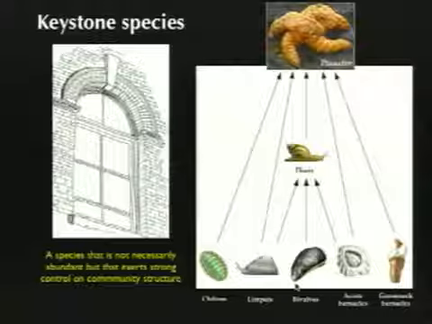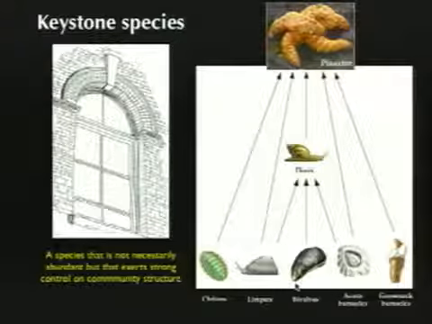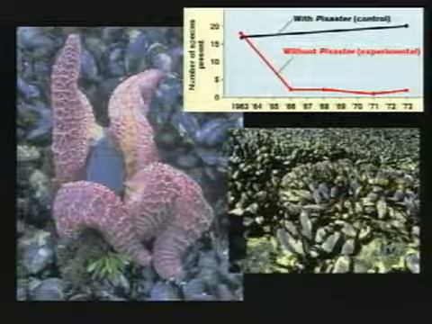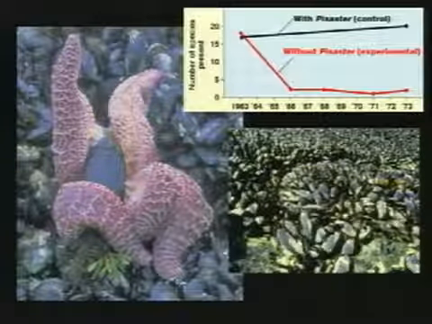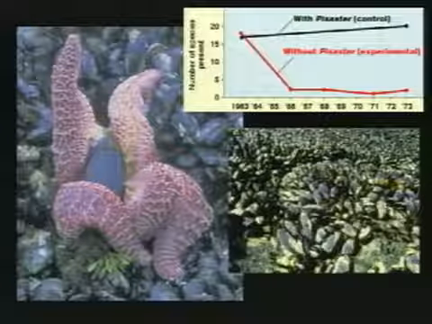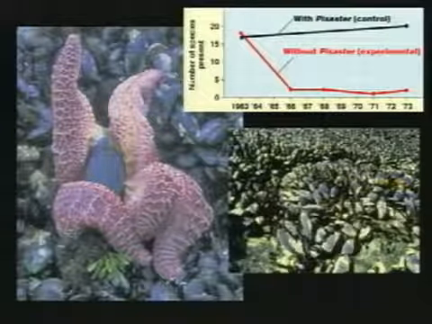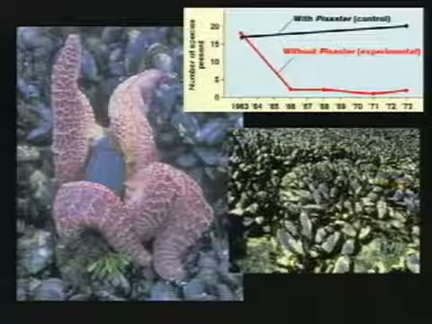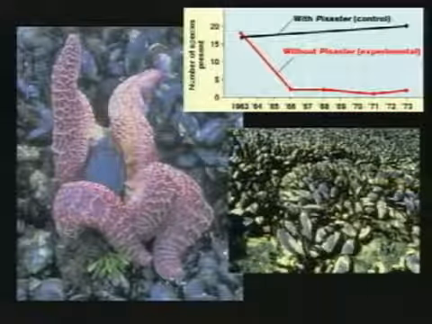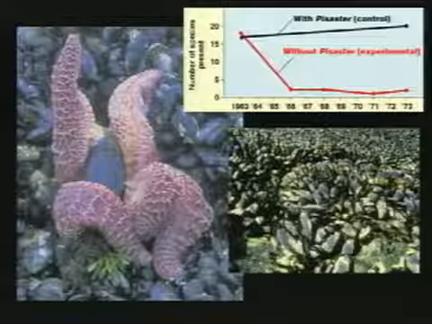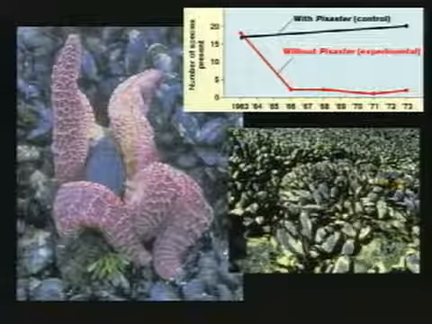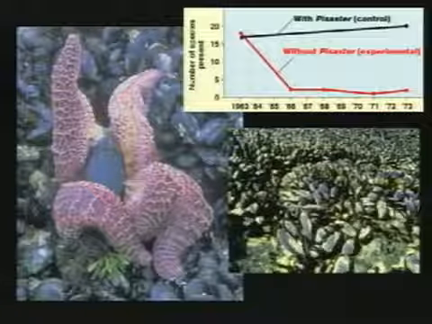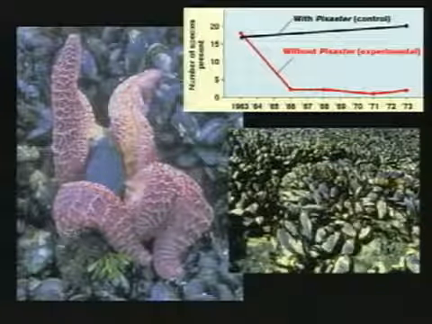They're powerful predators of these other organisms, including these mussels. Now, mussels, like oysters, will form these big banks, these big reefs, and once they get established, there's not much else that grows with them. Not much algae is going to grow with them. The barnacles are going to have trouble finding space unless they take up residence on the shelves of the mussels themselves. Here's Pisaster devouring a mussel.